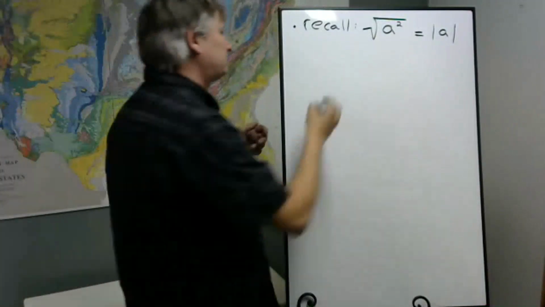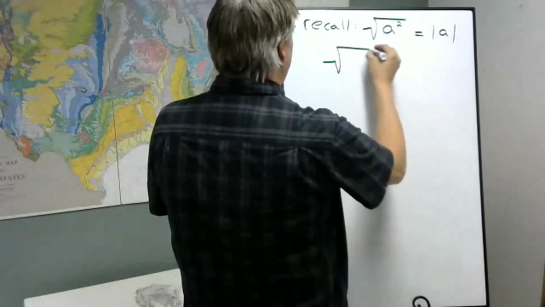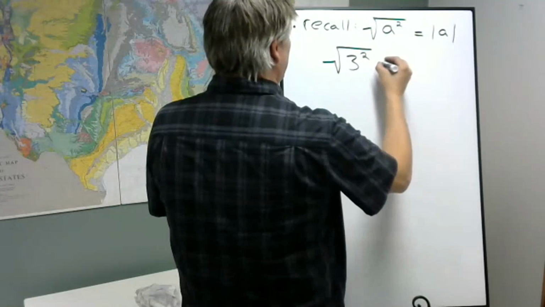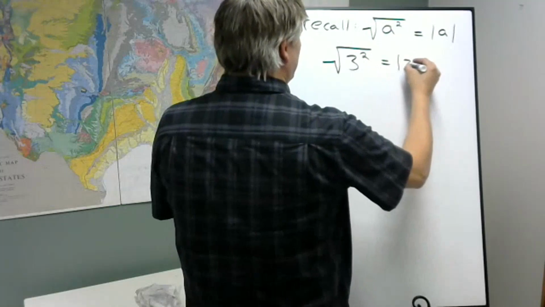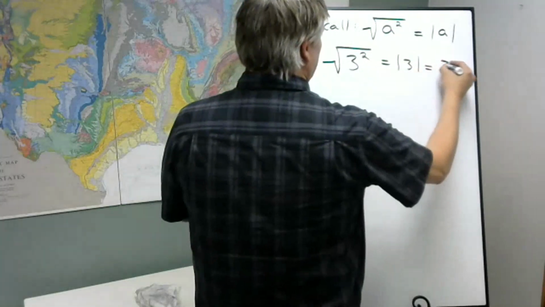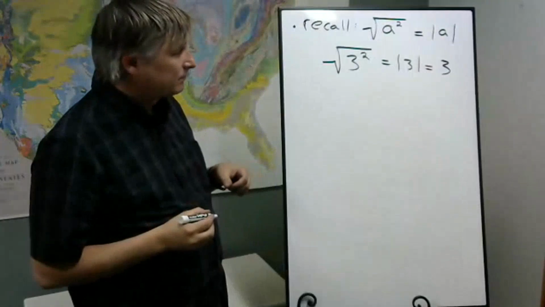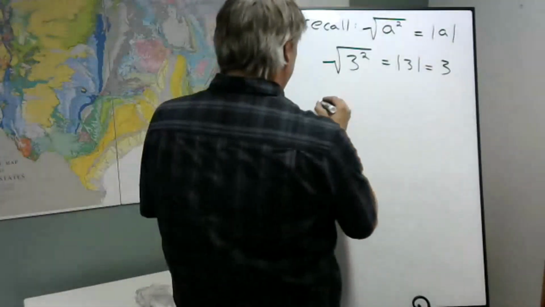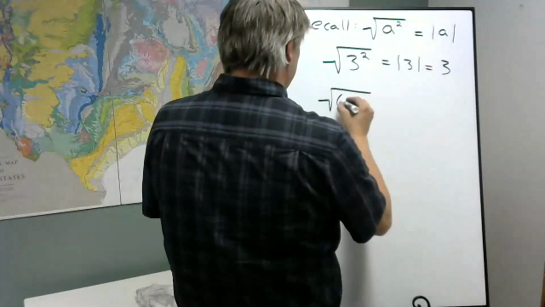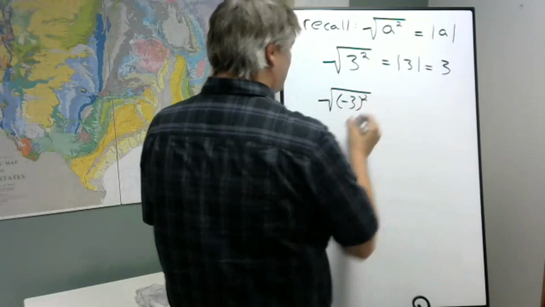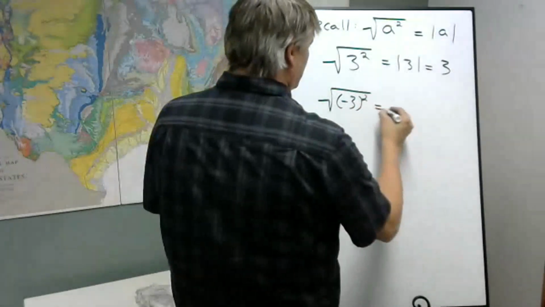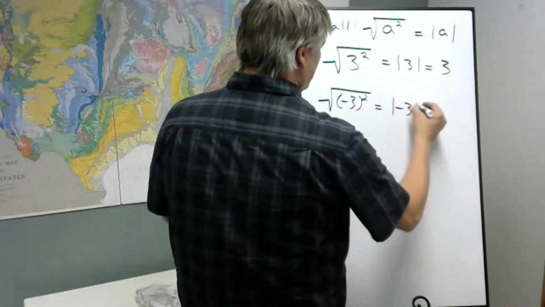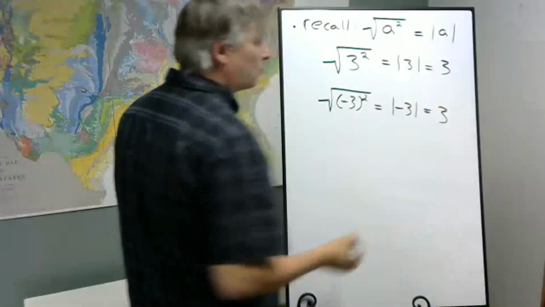So for example, the positive square root of 3 squared is the absolute value of 3, or 3. Likewise, the square root of negative 3 squared is going to be the absolute value of negative 3, or once again,